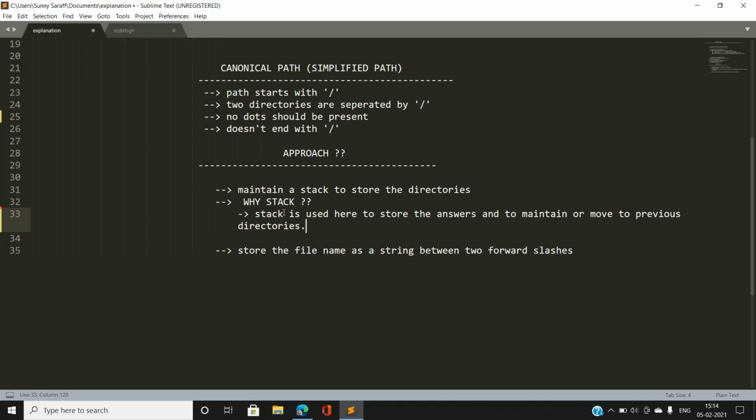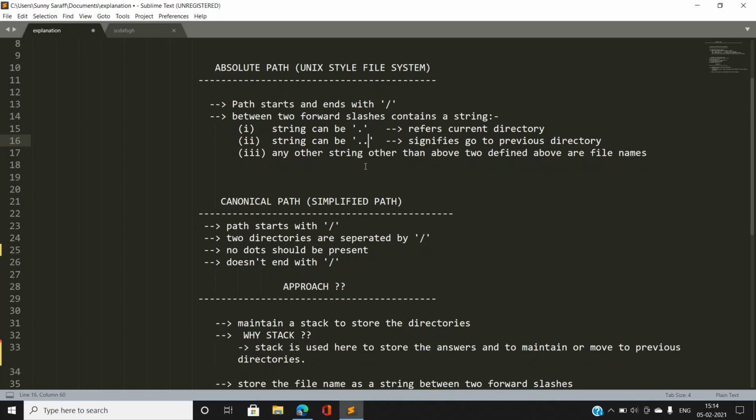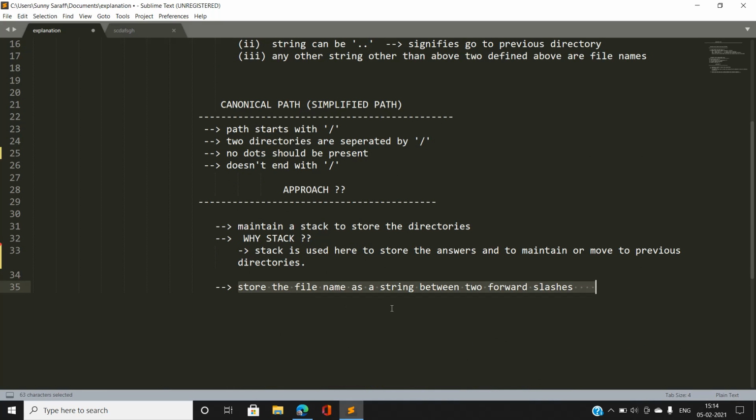So the main reason behind using the stack is to maintain the previous directories and to store the answer. And each time we are not encountering a single dot or a double dot, we are going to store the file name, the string between two forward slashes, in our stack.